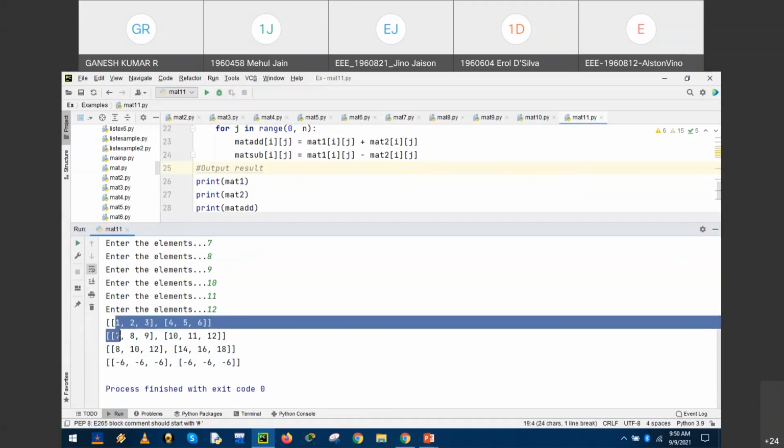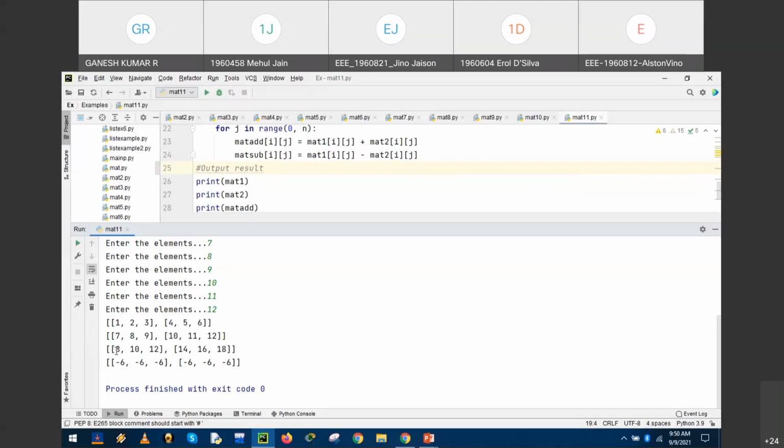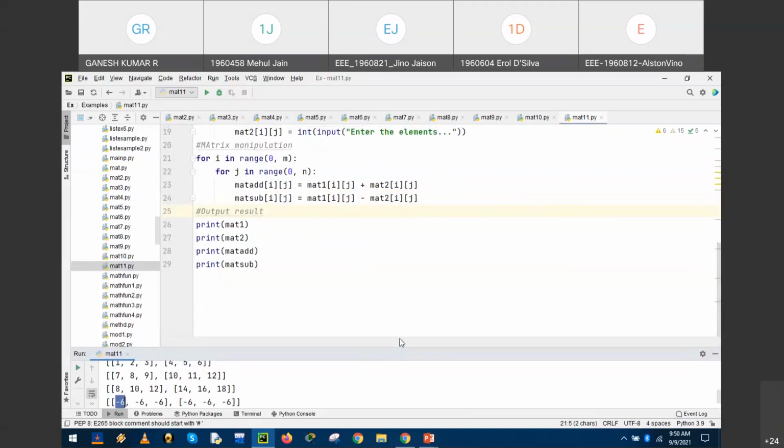The elements are taken at their corresponding position and they are added or subtracted. Whereas multiplication will be altogether different. Every row is manipulated with a column. The row and column are accessed. Whereas addition and subtraction is a different story.